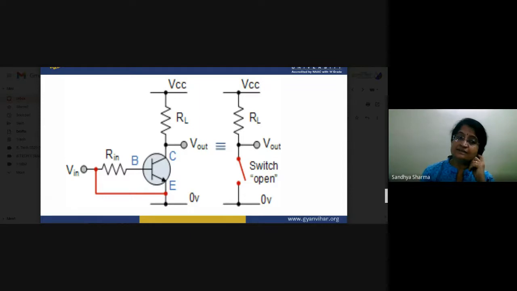Another part is biasing. You have to apply biasing because you want your transistor to work in different applications. There are three regions: active region, saturation region, and cutoff region. For proper working in these three regions, you have to apply different types of biasing. Your transistor also works in different configurations because you have three terminals, and you have to work according to those three terminals.